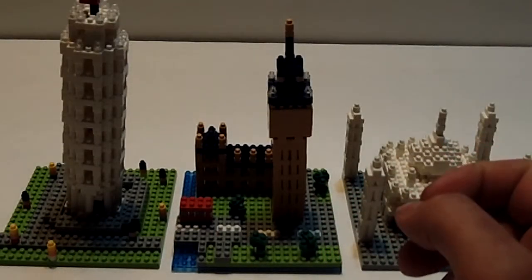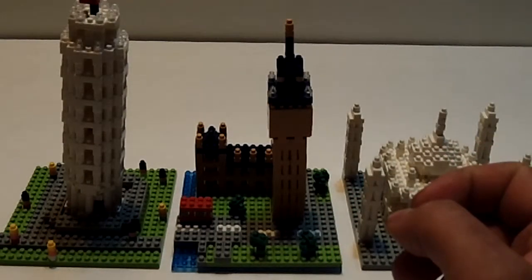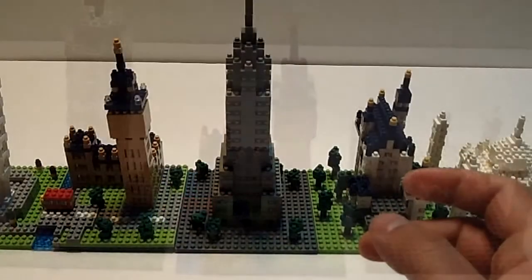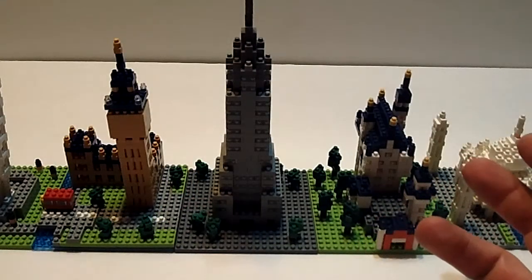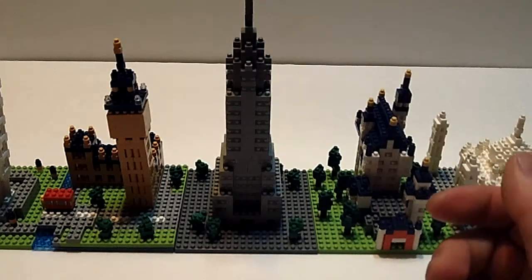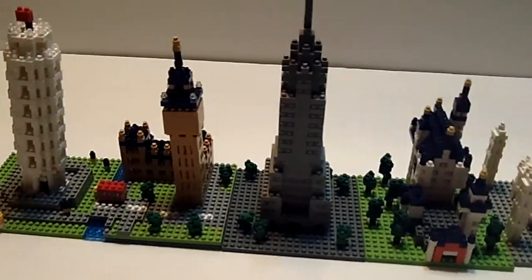Imagine, if you will, the sights of the world in building brick form. Nanoblock Sights to See series today on World of Stuff. Unlike the LEGO Architecture series, which predominantly features American architecture, the Nanoblock Sights to See series features much more internationally